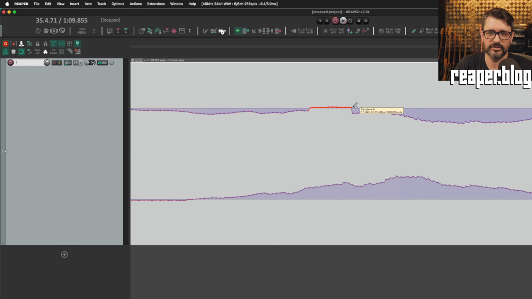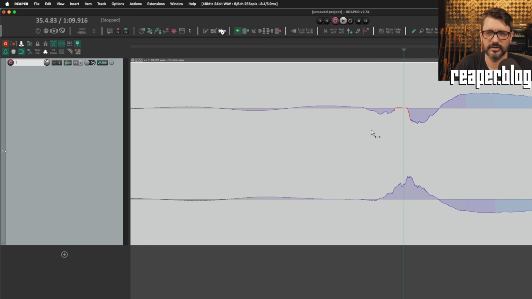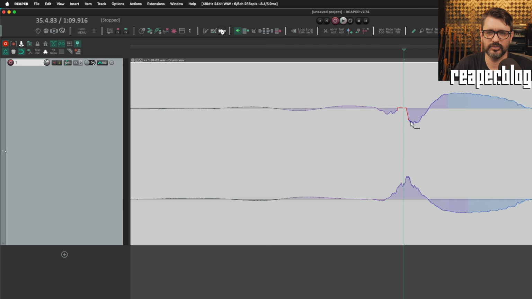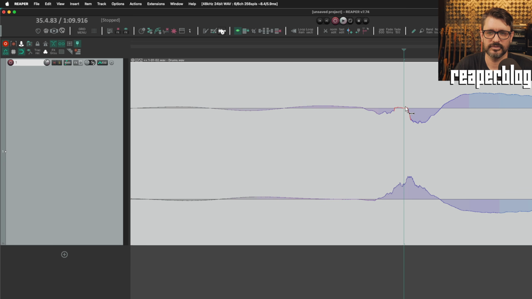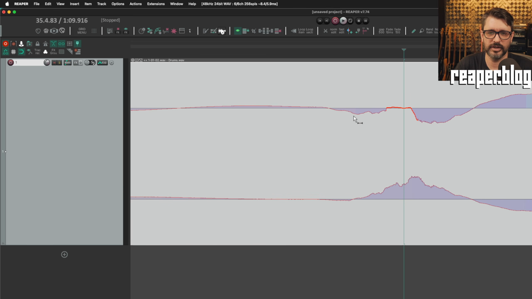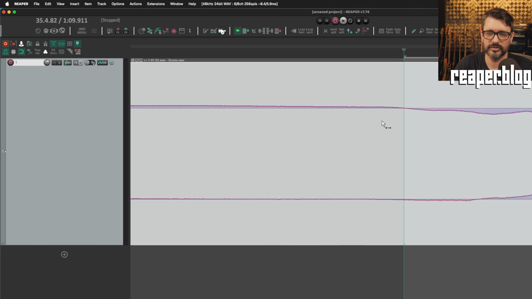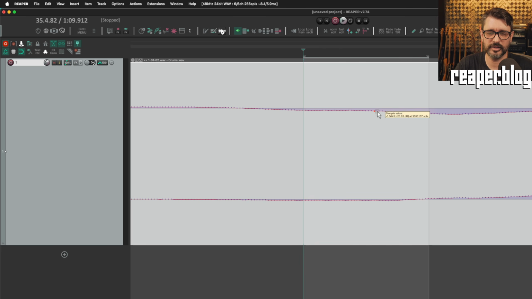draw on the individual sample points, really. And so those are only available when zoomed in this far, which is not very far, but when you're editing 48,000 samples, you have to be pretty close. So we can edit things within time selection, right click on one of the sample points, and you